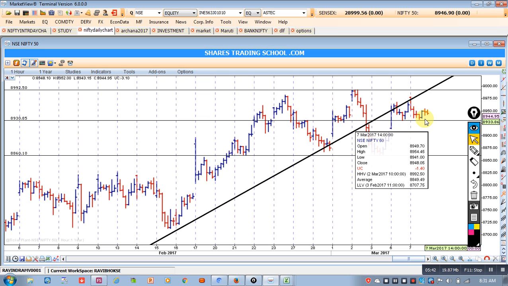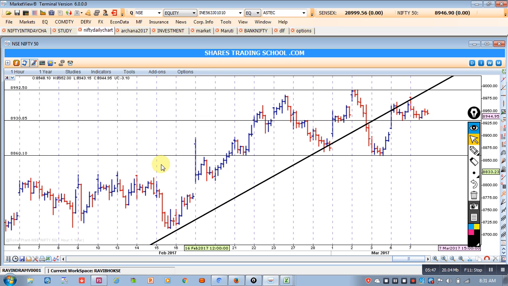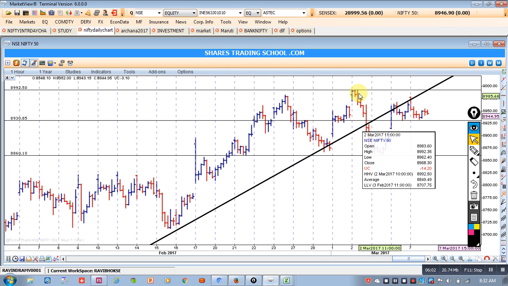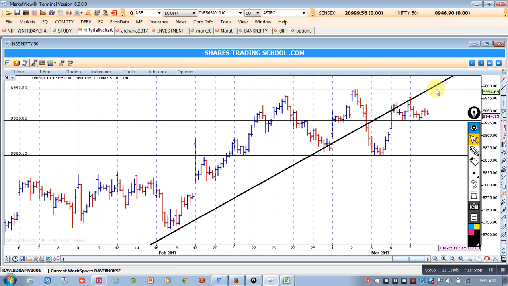But then I'll have to keep a stop loss, and that stop loss can be considered as the previous swing high or this high. But this will be too high, but that is the best stop loss which we can put. So in my view, unfortunately, the risk to reward ratio is almost the same because 930 and 990 is almost a 60 point space. So if I'm a compulsive trader, then I'll trade below 8,930, but I will wait for the market